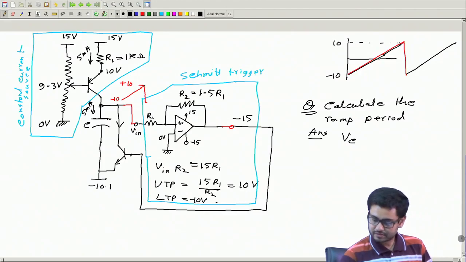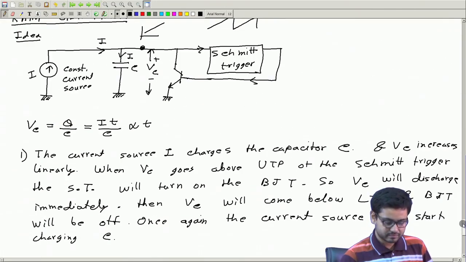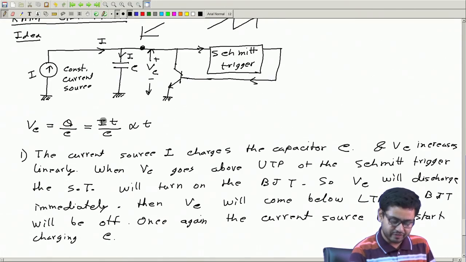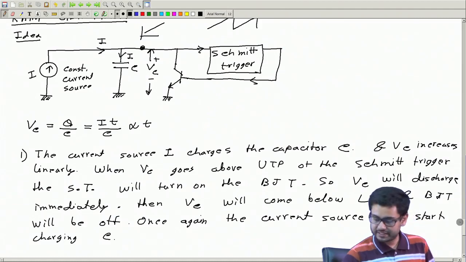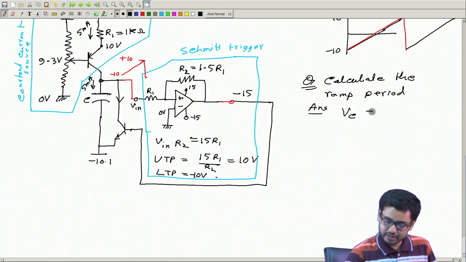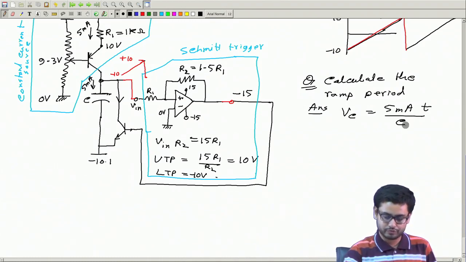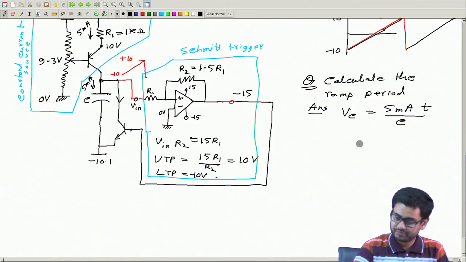Vc is, as we already have written, IT by C, so therefore 5 milliampere multiplied by T divided by C, whatever is the value of this capacitor is C. And from this we know